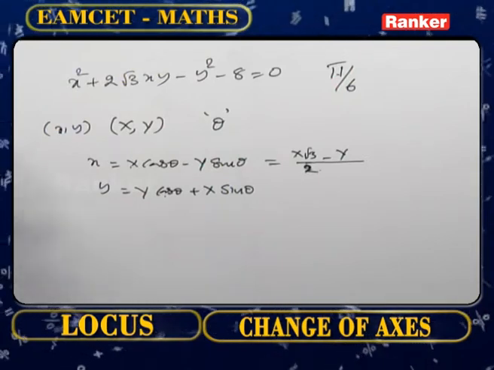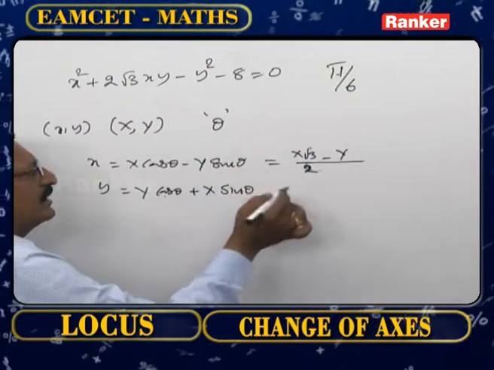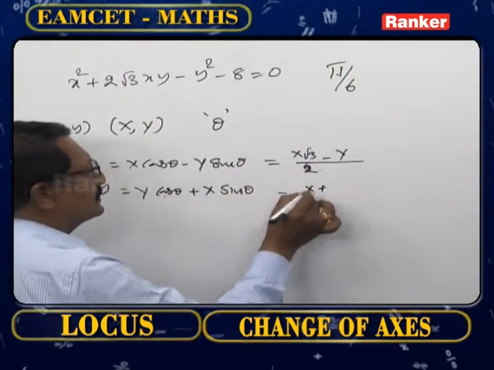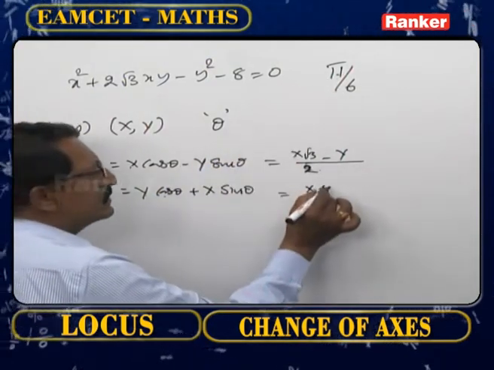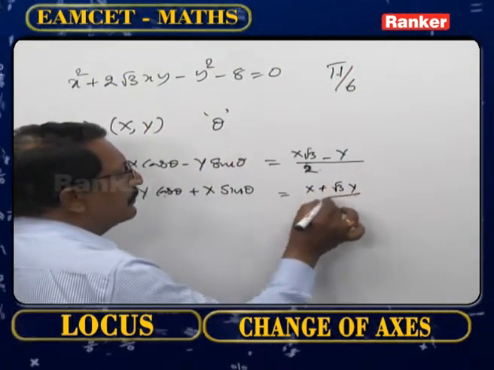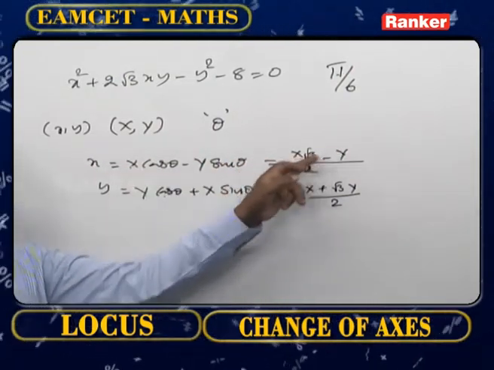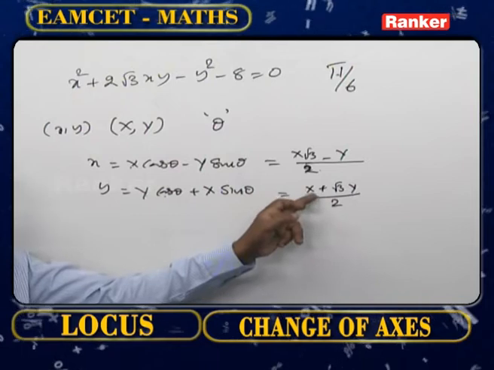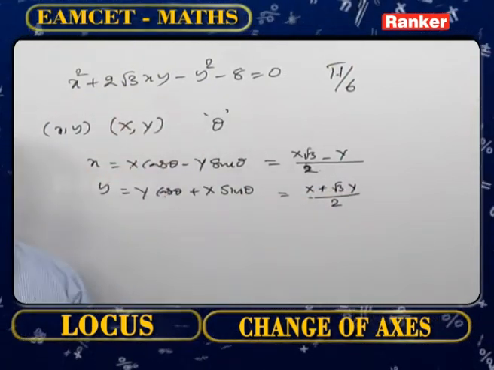Similarly, y equals Y cos theta plus X sin theta, that equals X into sin 30, which is 1 by 2, so X by 2, plus Y into cos 30 degrees, which is root 3 by 2, so root 3 Y by 2. Now in place of x equals (X root 3 minus Y) by 2 and y equals (X plus root 3 Y) by 2, substituting in the equation and simplifying, we get